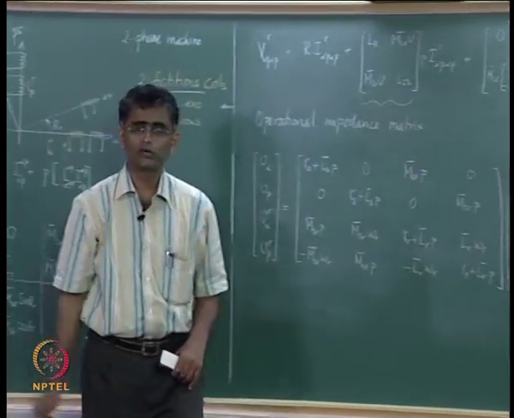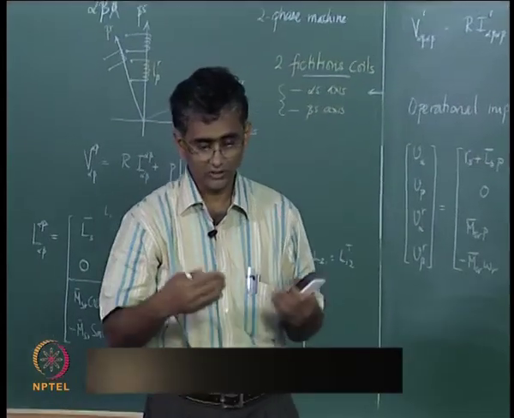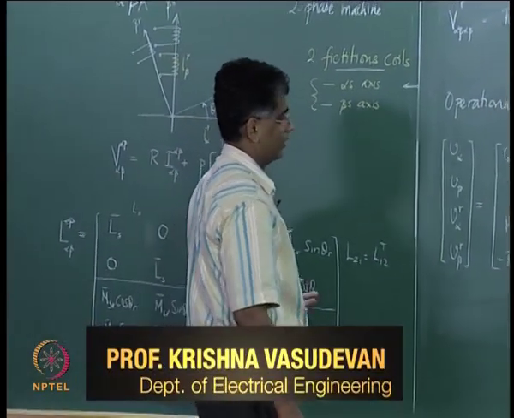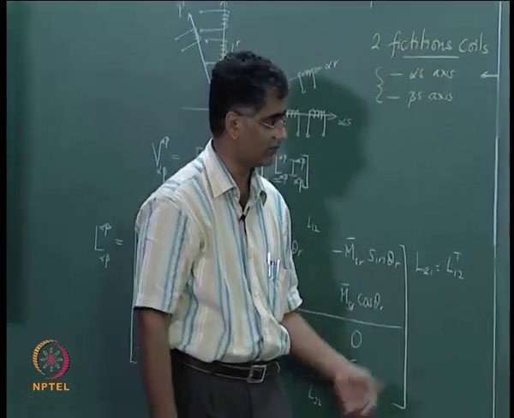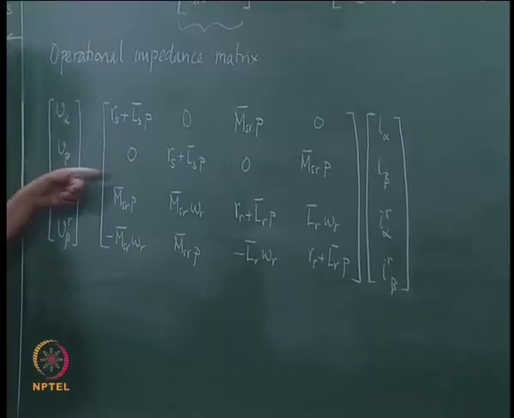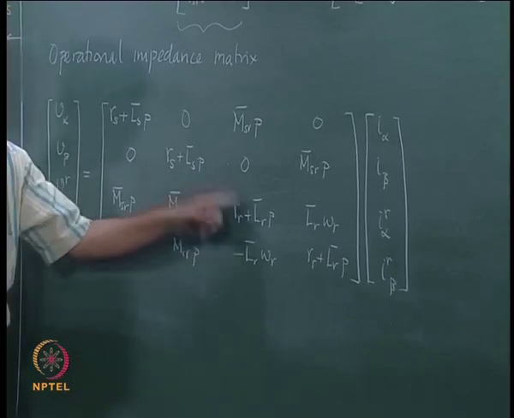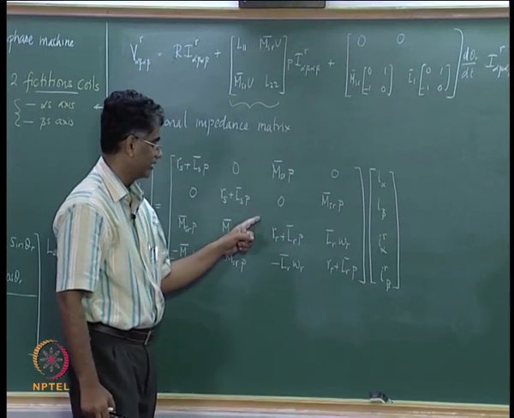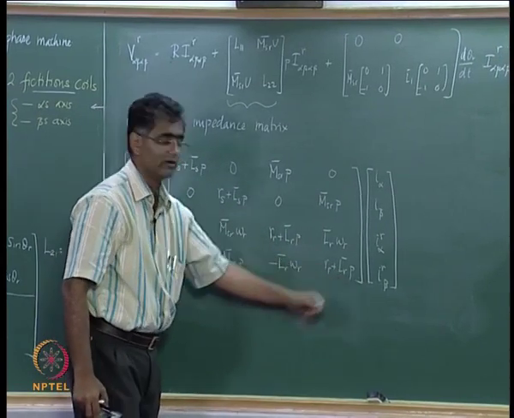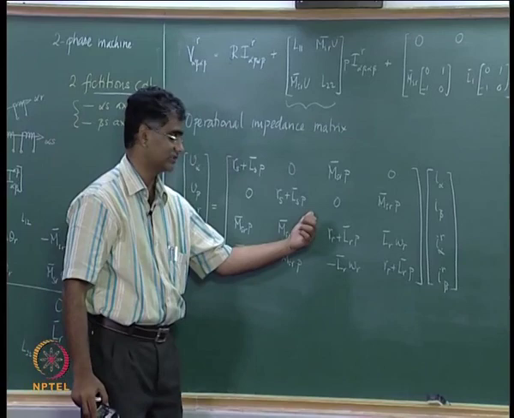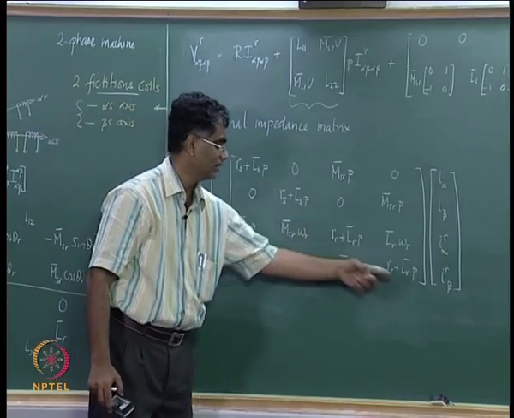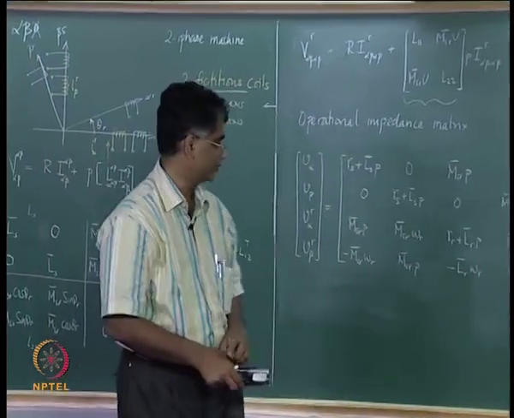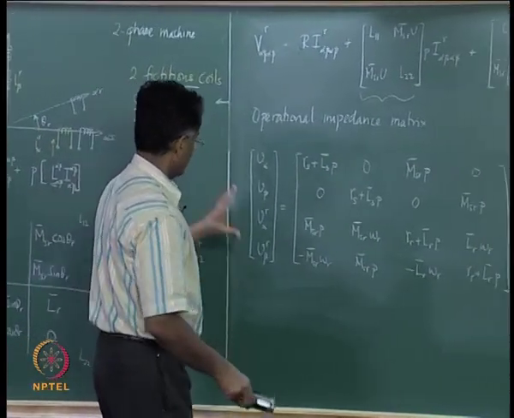The zero sequence component, as we have been mentioning earlier, has been left out. If the zero sequence component is going to come in, that we have left untransformed, and therefore, you will have another row here and another row here, one column in the middle here, one column in the middle there. There would be only the diagonal entries here and here, which will correspond to Rs plus the leakage inductance times P, and similarly there Rr plus the leakage inductance of the rotor times P. Now, this matrix